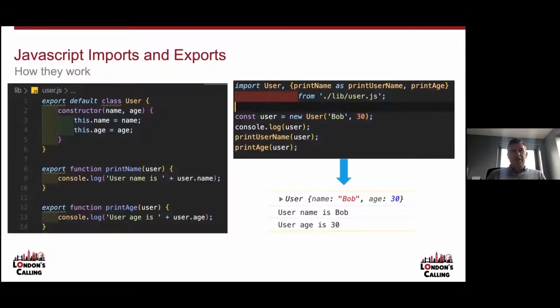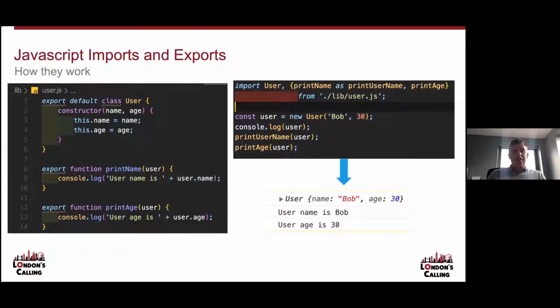This is very much akin to, in an Aura component, having a helper file being used from a controller code. In this case, we can import in our code, and the way it's imported is interesting. On the top of the file, in the user file, we've got an export default in front of the word class. Now, export default is extra words. We can export one default thing. So we've decided in this case to export the class as default,